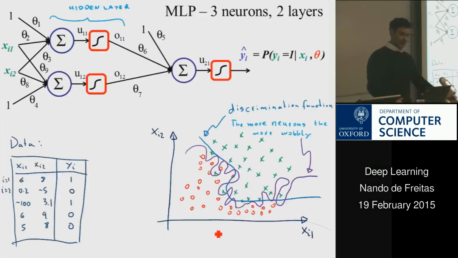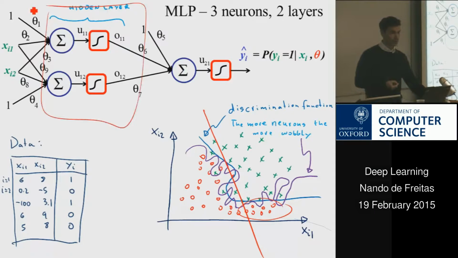The world, unfortunately, is not all linear. Quite often you get points like the ones that I'm showing you here, the green points and the red points, where you can't just fit a line that nicely separates the points. You always make some substantial error. And then what we can do is construct more complex functions. A simpler way to construct more complex functions is just to add an extra layer, which I call a hidden layer. It's something that's between the inputs, the input layer, and the output layer, which gives you the probabilities. And essentially what we're doing here is composition.